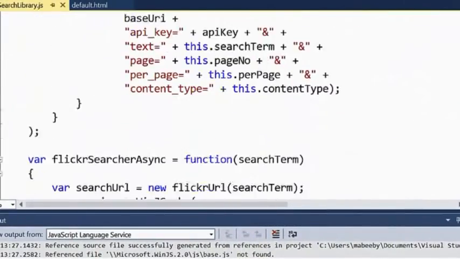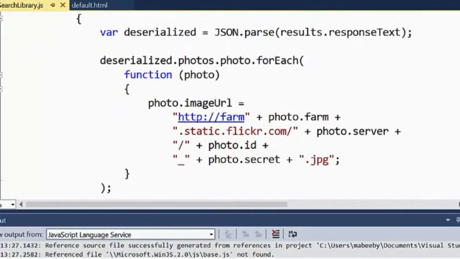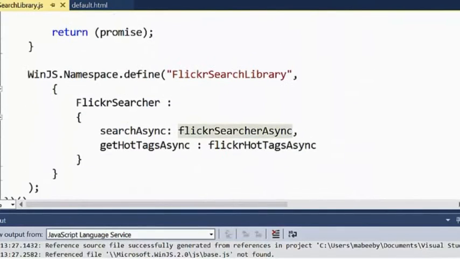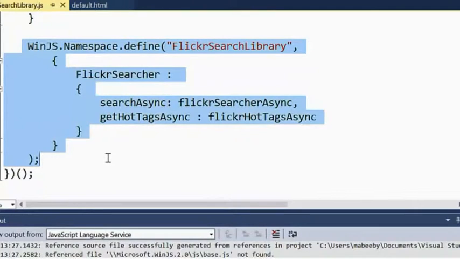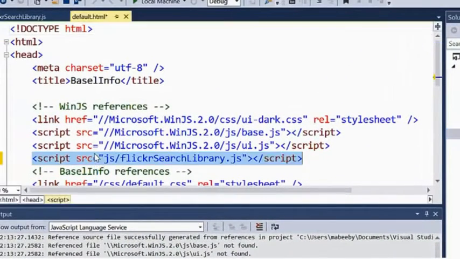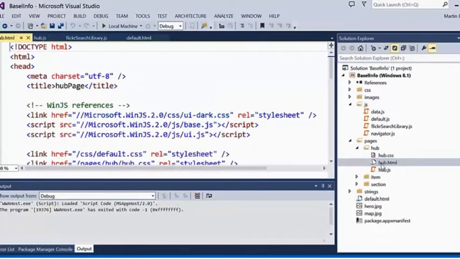It's pretty complex, but it's quite simple, actually. All it does is make an XHR request, an AJAX request, to Flickr, and then returns me a JSON file, a JSON object. The other thing I do for WinJS is I namespace it. So I declare this in my app. So actually, now I've taken this library and I've declared it with a namespace, Flickr Searcher. This is going to be available to me anywhere in my application. I can just call this library from my application. To do that, I actually have to include the JavaScript file in the top of my default ASPX page. And then, from